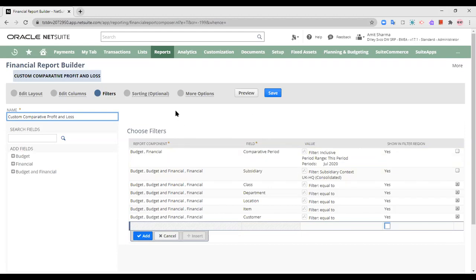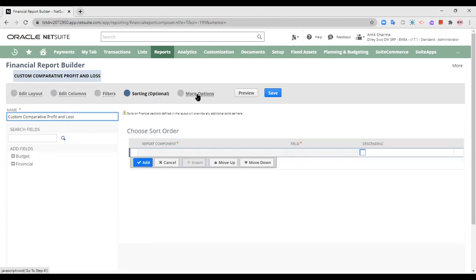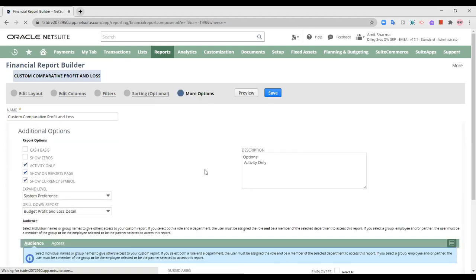You can add a particular filter also, as you want. There we had seen subsidiary, class, department. You can add any kind of filter that you would like to view. You've got the sorting options over here, and of course there are more options. You can view the income statement on cash basis.